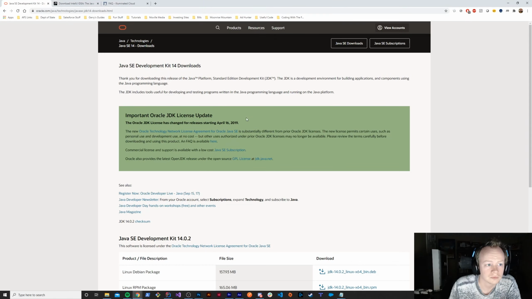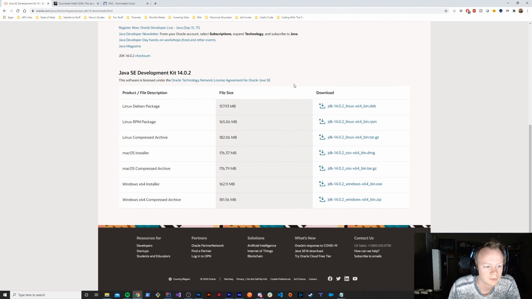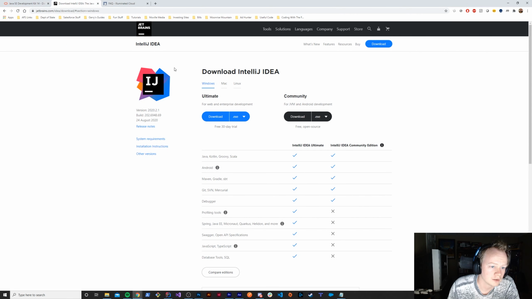The first thing you'll want to do is download the Java JDK. You can do that via Oracle. You can do it via OpenJDK, I think is what it's called. There's a lot of different places. It doesn't matter where you get your JDK from. If you go to Oracle, you're just going to select the package that's relevant to you. So say you're on a Windows platform, you're probably going to select this one, the EXE, download it, install it, run it, install the JDK, and then once you're done installing the JDK, you'll come on over here to JetBrains, and